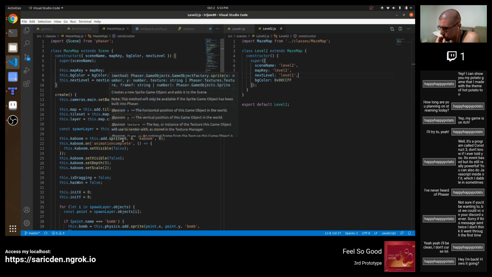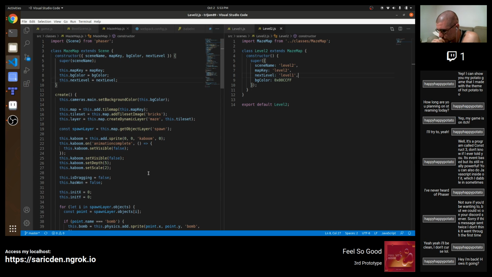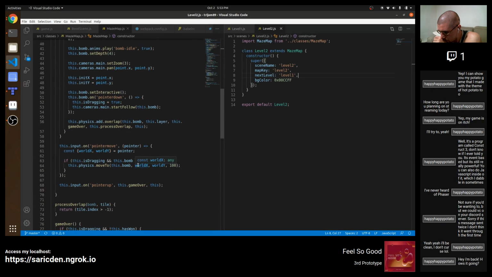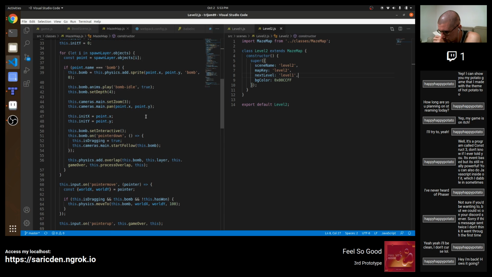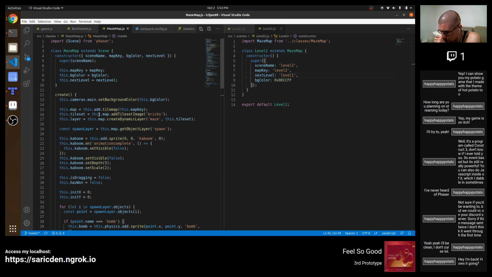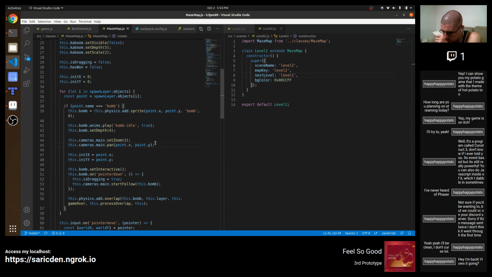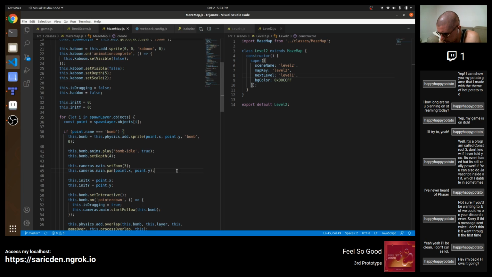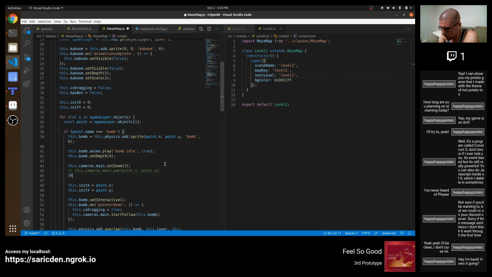Okay, I want to have it zoom in on the level when it starts now too. So maybe instead of that pan over, yeah, instead of that pan, where are we doing that? Is that here? Pan, point X, point Y, yeah. So instead of that, we'll just say this dot camera, this dot main dot set